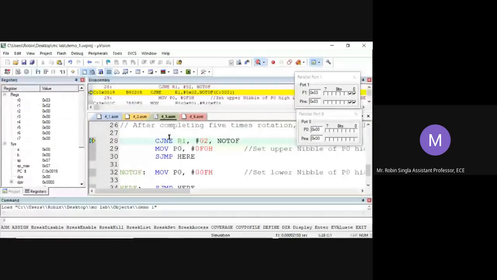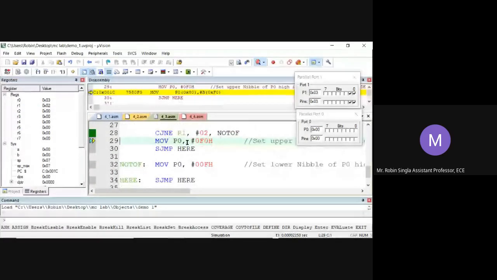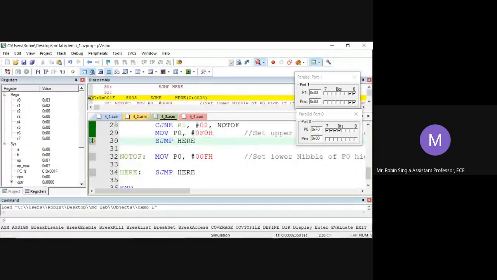If it is, then instead of 0FH it will move F0H to port 0. Let's check port 0. Okay, F0. It means it is a 2 out of 5 code.